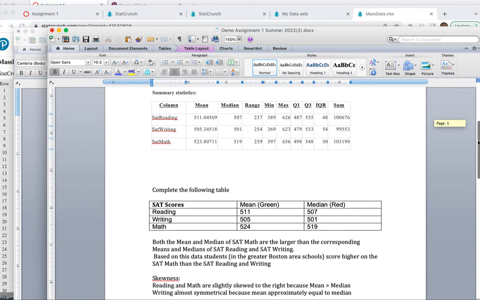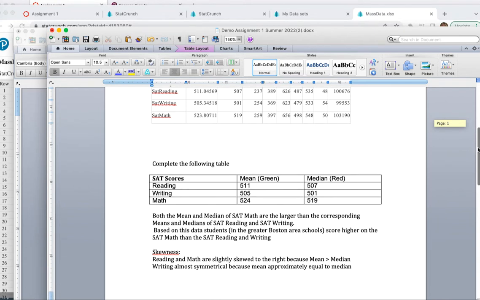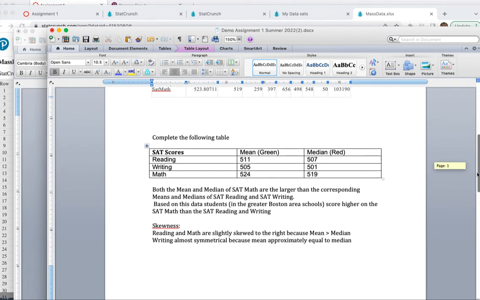No decimal places make sense because SAT scores are recorded as whole numbers. So if we were to ask, based on this data, which score higher on their SAT scores, it looks like the highest scoring is the math because the mean and median for mathematics is bigger than it is for writing or reading. If we were to ask about skewness, what we're going to do is compare the means and the